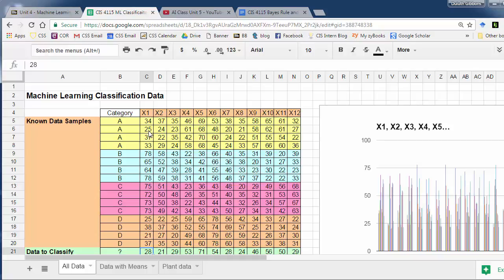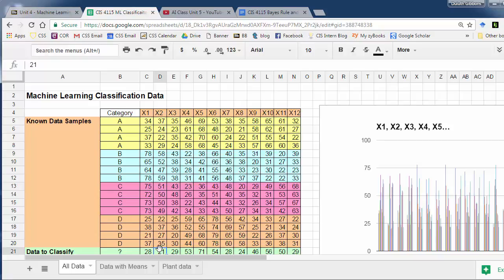So A's for this parameter go from 25 to 37, and this would fit in here. But B's go from 64 to 78, so it wouldn't fit in this box, wouldn't be in the range of values allowed here. And same with this 21. Well, here actually we're going to run into trouble, because here the range is 22 to 37, and this is